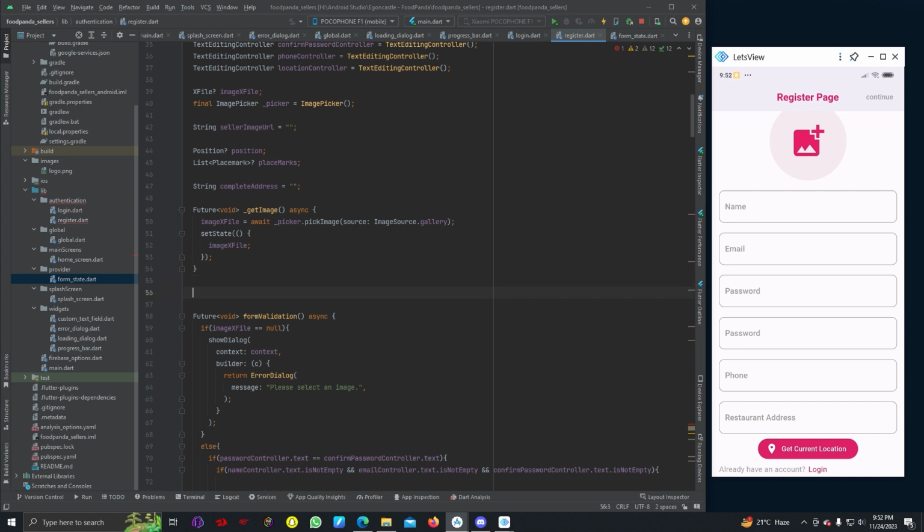Now we are going to write our function. So get current location,